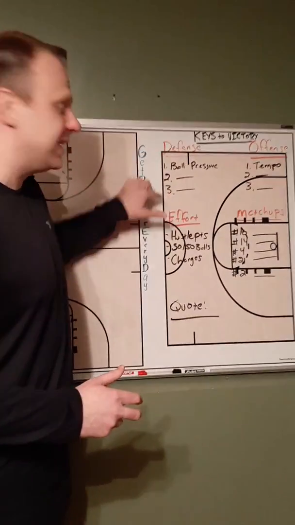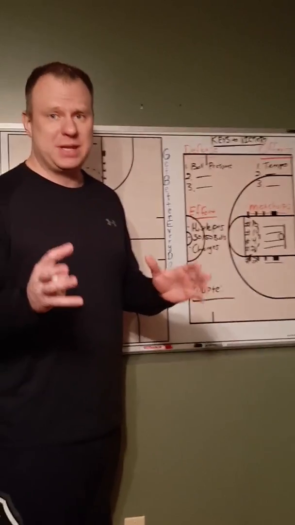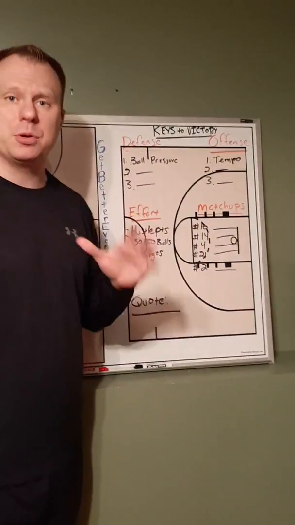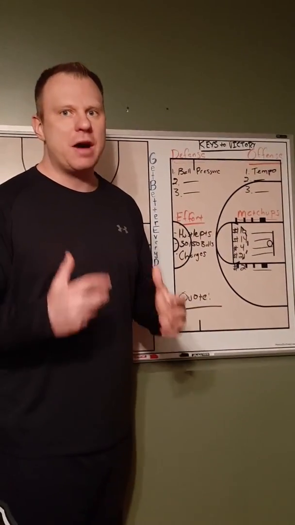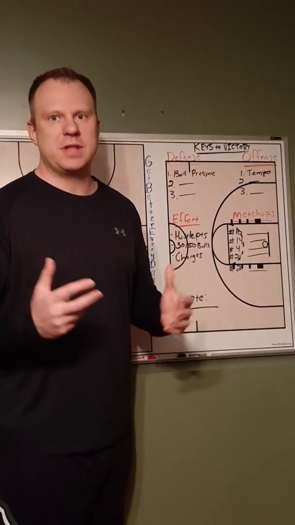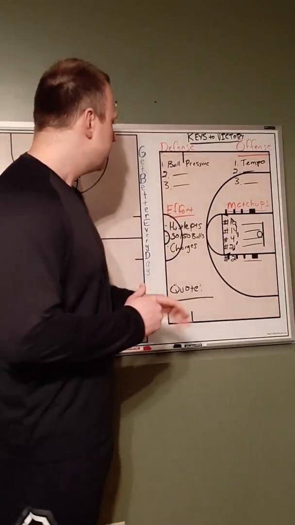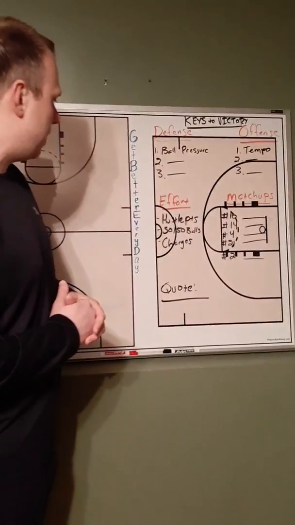And we really tried to keep it to two or three, really usually three keys on defense, three on offense, and we love to push the tempo. So attack or tempo was one of the ones we like to look at for offense. And also we would put things like 4 to the glass because we wanted to get 4 on the offensive boards. Effort was one of the key things and one of the things we added to our game plan.